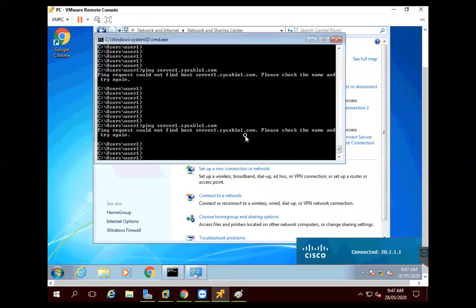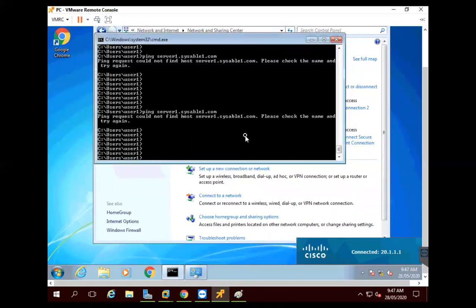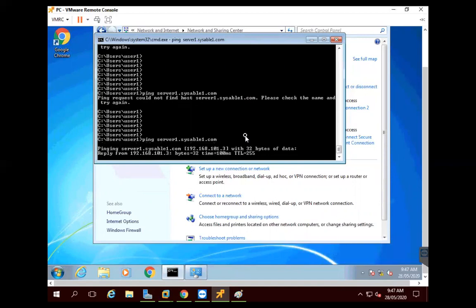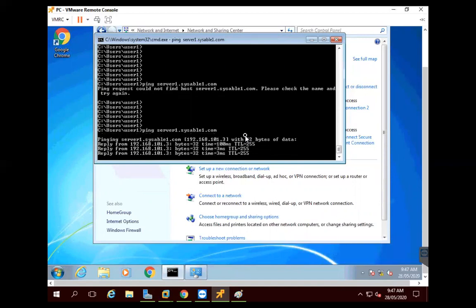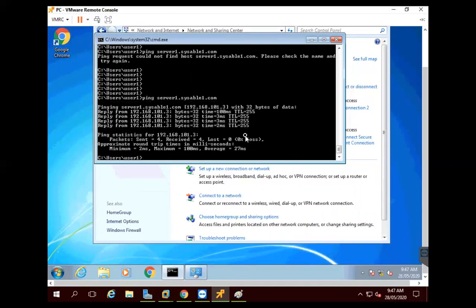Yep, we are connected. Now I will go ahead and ping once again. Yep, now I'm able to ping. I just disconnected and reconnected the session. So after that, I was able to ping that one. So everything has been resolved now.